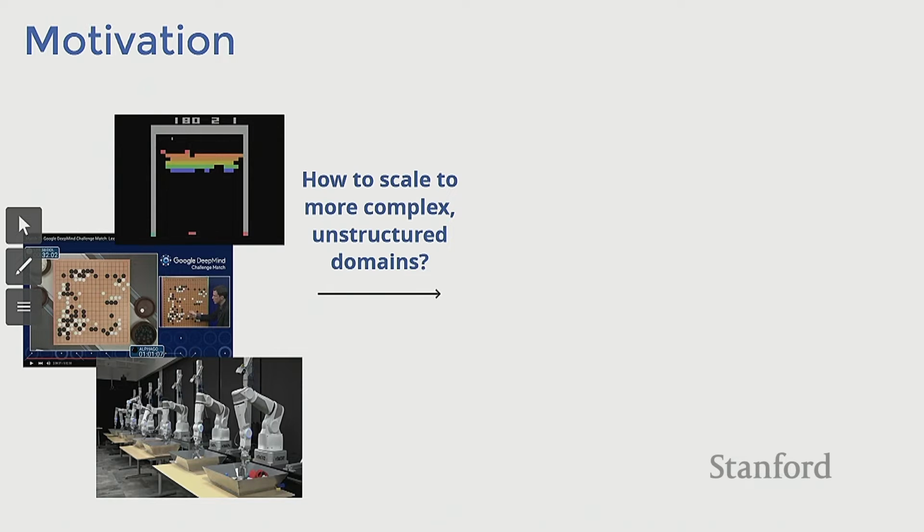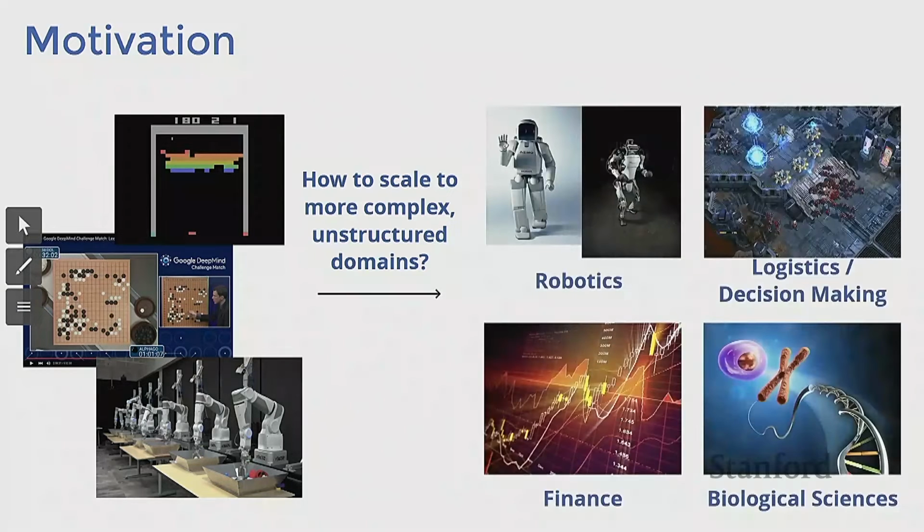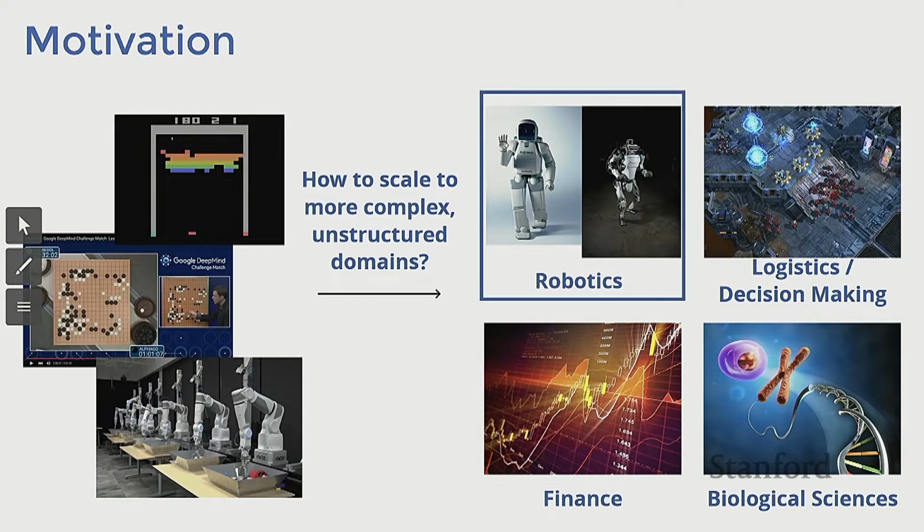What are the aspects that need to be improved algorithmically so that we can ultimately achieve impressive results in fields like robotics, decision-making, finance, biological science, and such? In this talk, I'll be focusing mostly on robotics, which is my main field of application of the algorithms that I developed. The reason why robots is a little bit self-explanatory, but for me, the benefits that robots can bring to our society are huge.